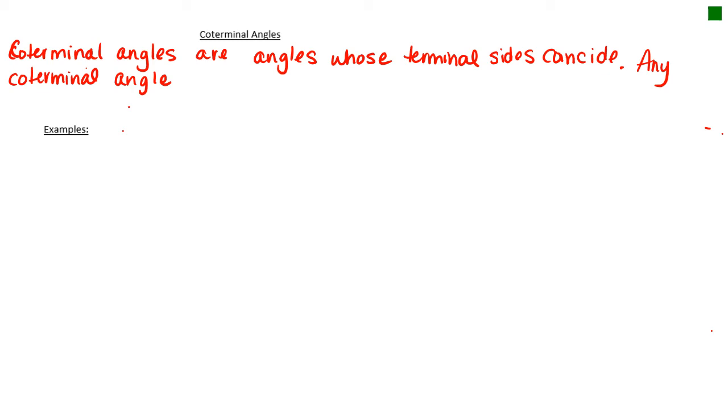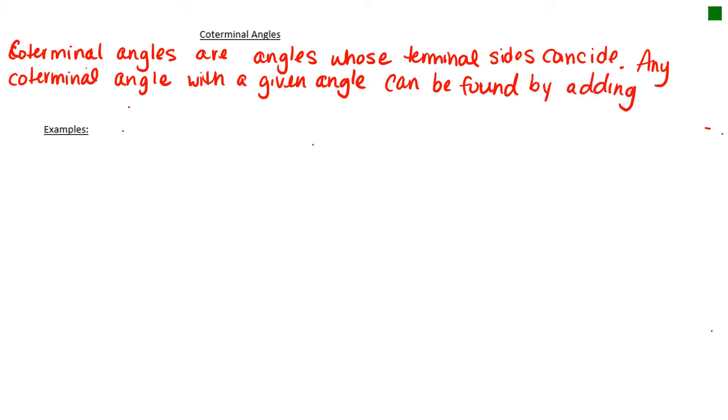Any coterminal angle with a given angle can be found by adding or subtracting